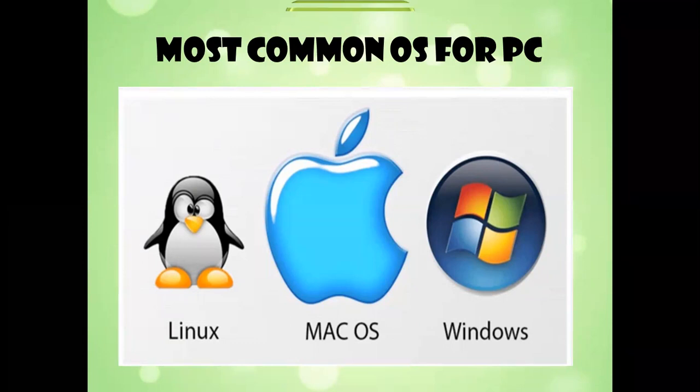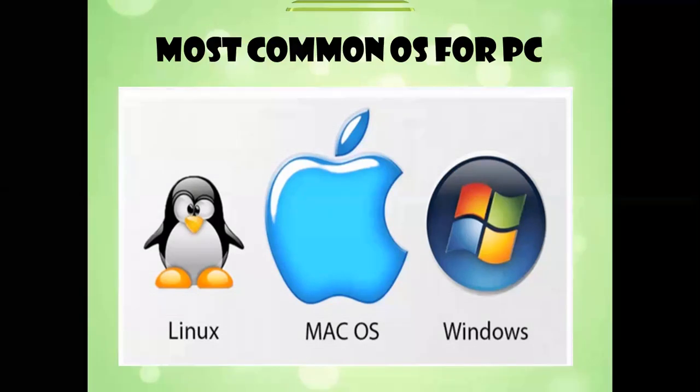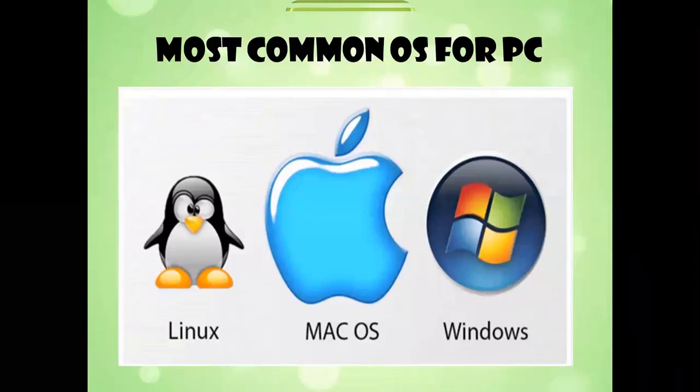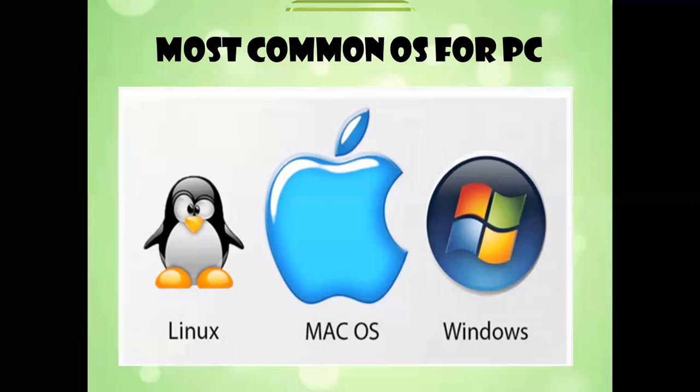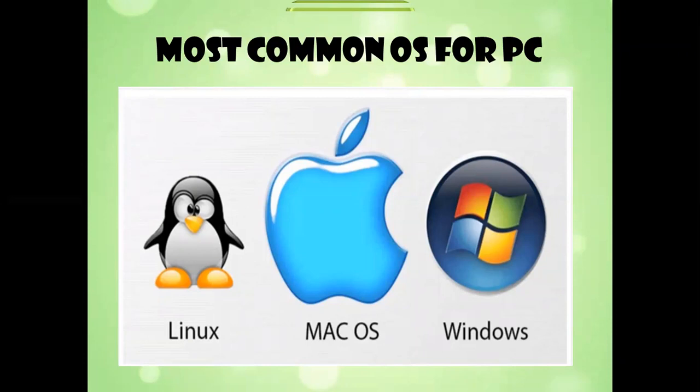Okay, next is Linux. Linux is an operating system which is free of cost. It means you don't have to pay like Windows. If you are installing Windows on your system, then you have to purchase it, because Windows is licensed software. So you need to purchase Windows. But Linux is free of cost, and it is available on the internet, and it occupies very little space in the computer memory also. So it is an open source operating system. Open source means it is available free of cost.